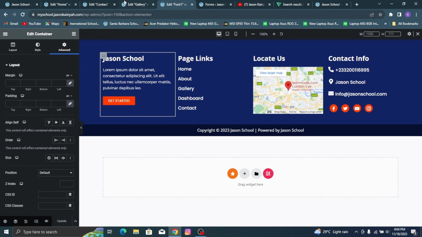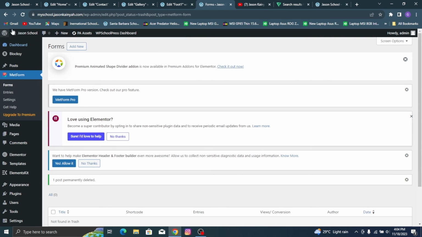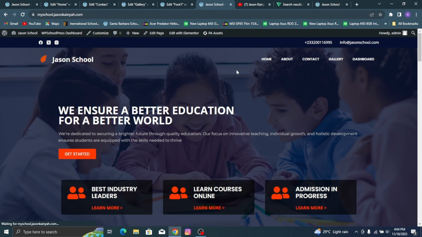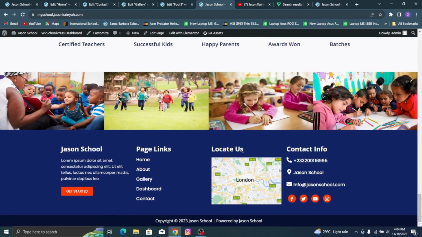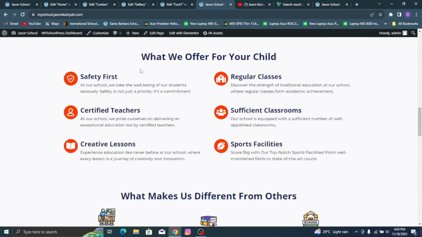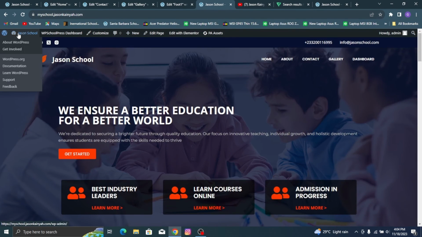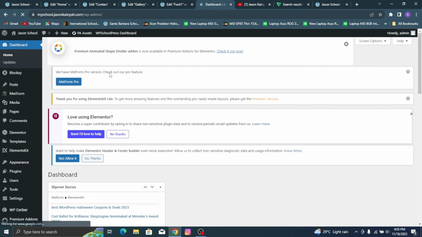So let's see what the whole website looks like. If I go here and I click visit sites right now, and I scroll to, as you can see, we have our menu there. And if I scroll down, you see that we'll have our footer here as well, looking beautiful. So now the next thing and the last thing which we have to do is optimize all the pages for mobile responsiveness. We have to make all the pages, the home, about, contact, and gallery, all of them look responsive on mobile. And to do that, go to your dashboard,